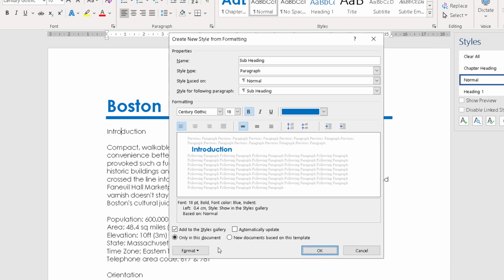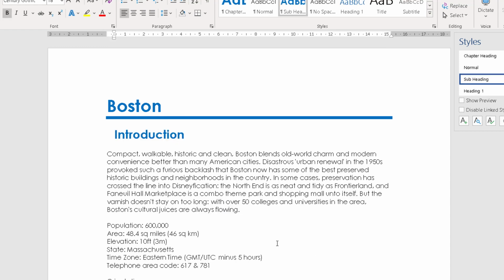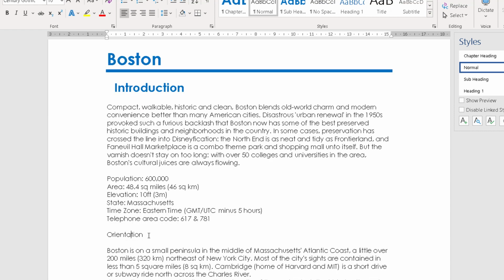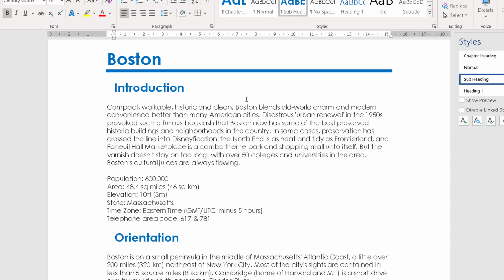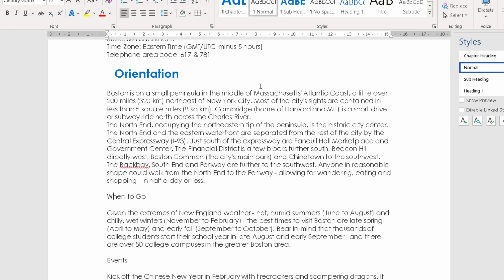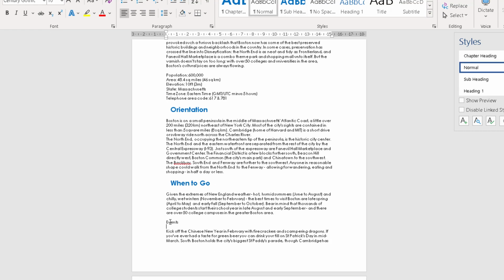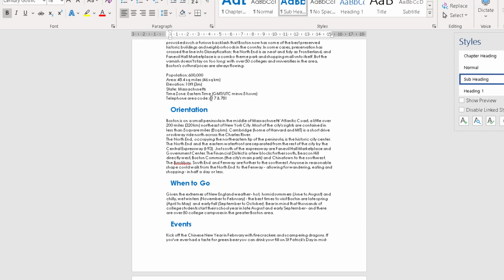Click OK. Once again, if I want this to be part of all documents, I would change this to new documents based on this template. Click OK, and there's my subheading style there. Once you set these up, whenever I create a new document or got a constant document, I can just click on the text, choose the style, and it will apply the style that I want. And you can see that as we go through this particular document,